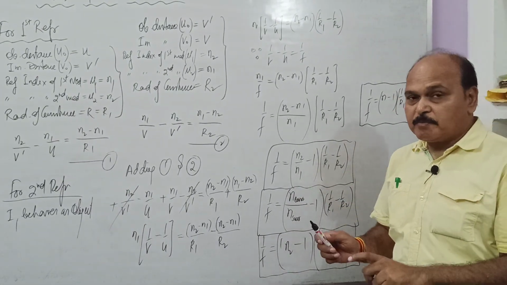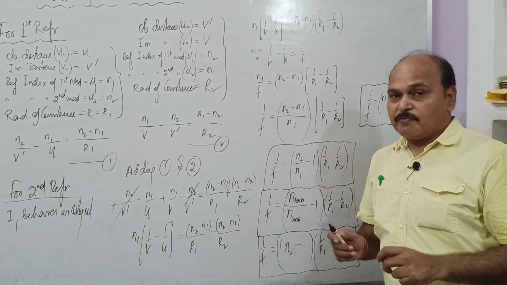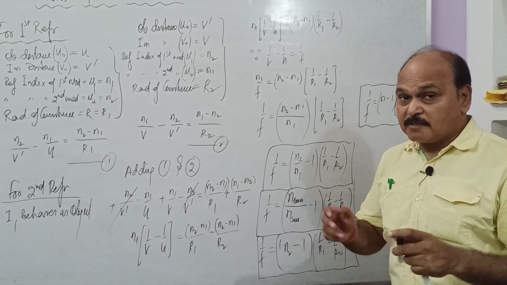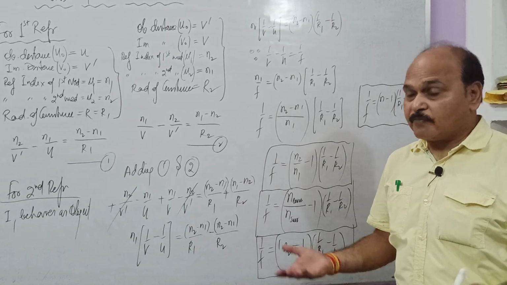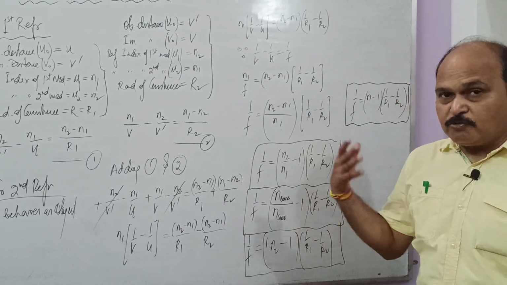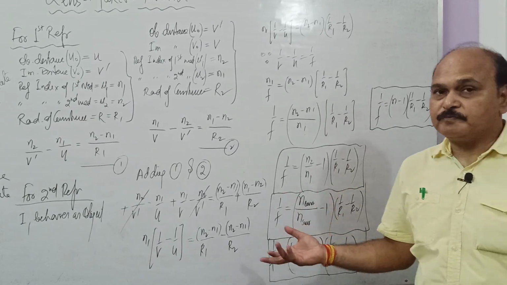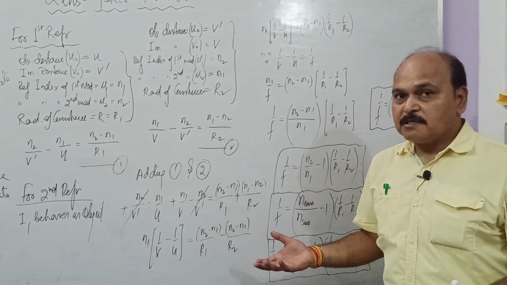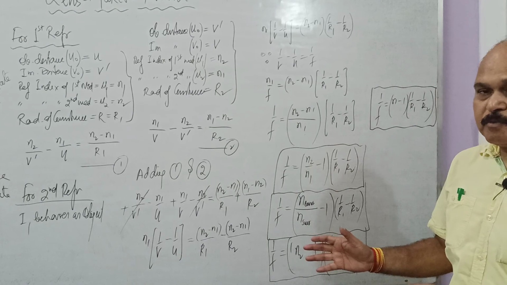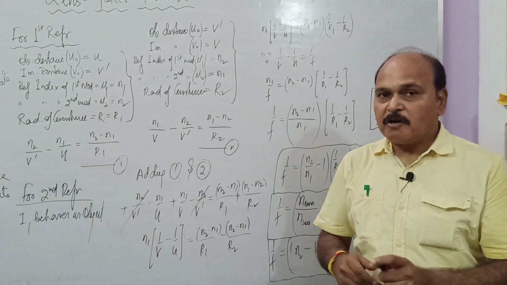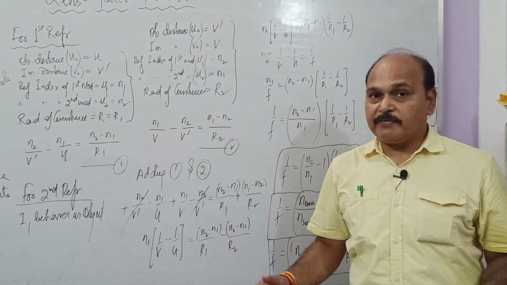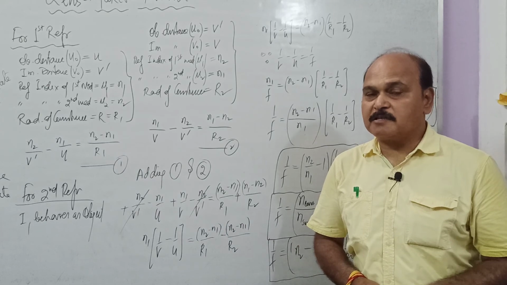With the help of this formula, we can find out the focal length of every lens and the power of every lens. And of course, when we use this formula, we use sign convention to find out the signs of R1 and R2. So in the very next class, we'll apply this Lensmaker's formula to find out the focal length of almost every lens, and we'll work out some numericals too.